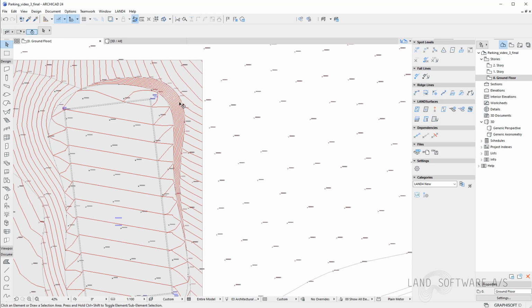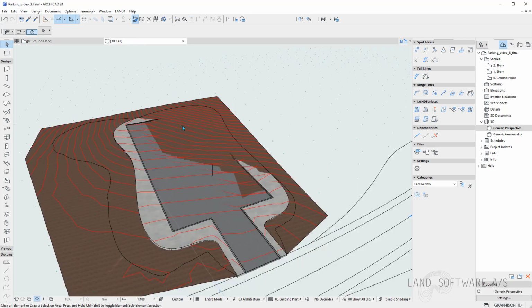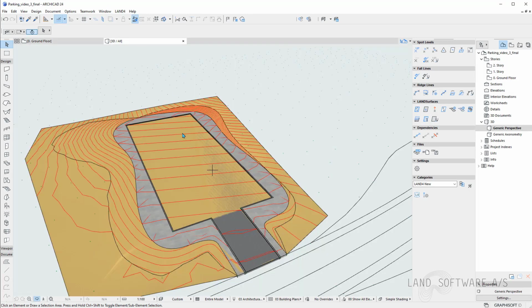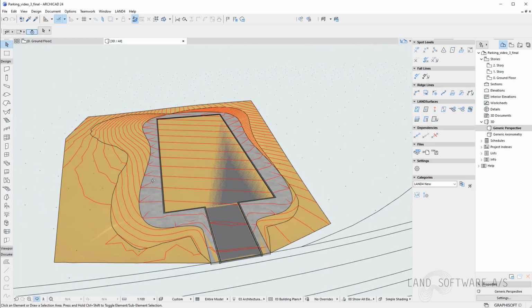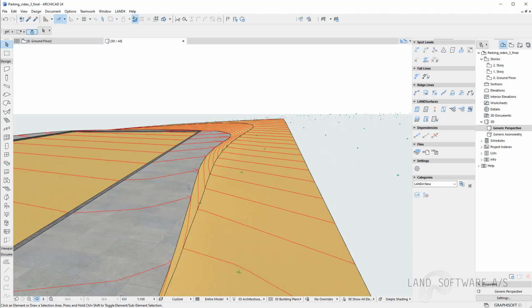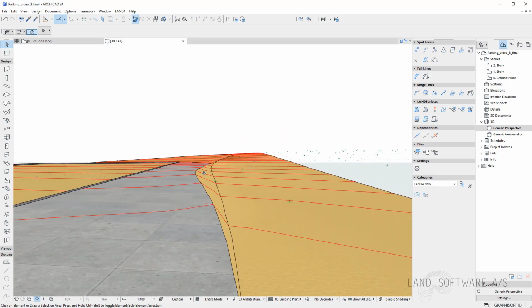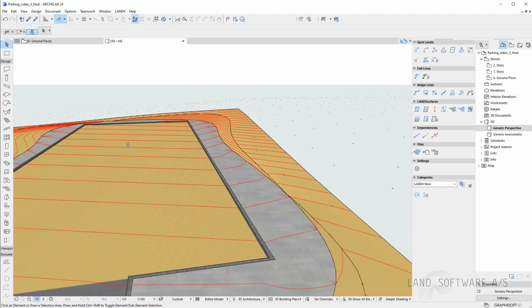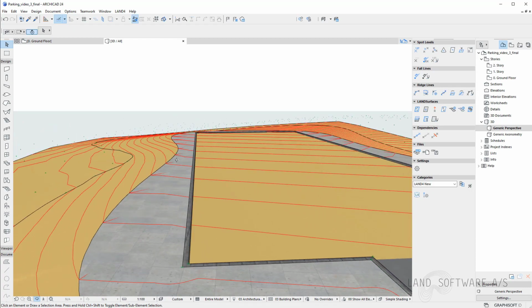And we can already see a difference here in the 3D. We can now see the final terrain. So now the new terrain is following the pavement and also the parking surface.